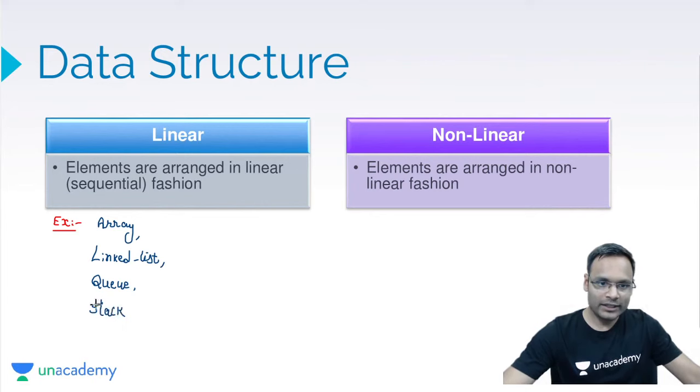For non-linear data structures, we have examples. Tell me, do you know that? Tree, different types of tree, hierarchical model. The trees have non-linearity, of course, the graphs and hash table. Now you will say, sir, a hash table looks sequential, do we arrange elements sequentially every time in it? No, hash table.